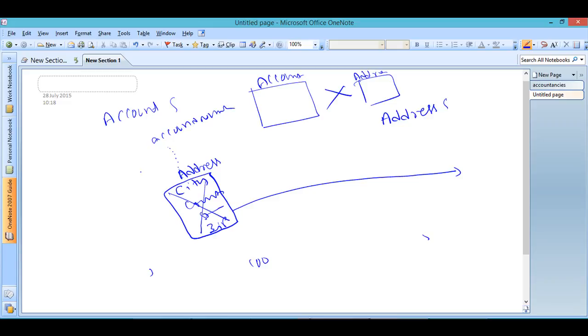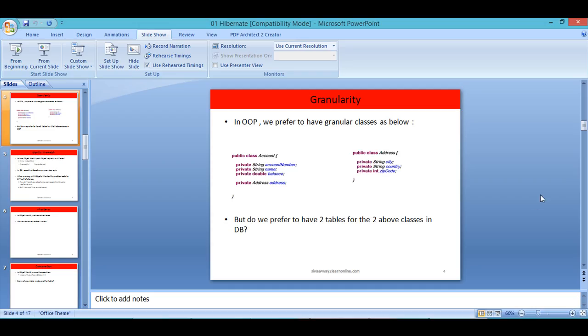In the object world, we prefer granular classes, whereas in database tables, we don't prefer to have a table for each and every class. We need to take performance into consideration when designing our database. How to map in such scenarios is one problem which is addressed by ORM frameworks. Okay. The next problem is